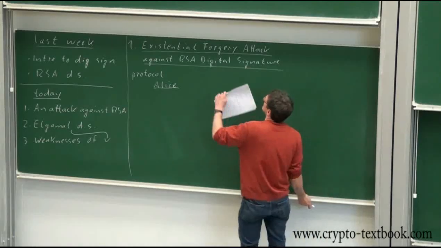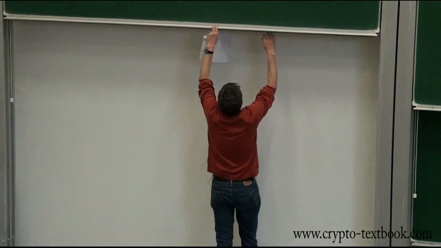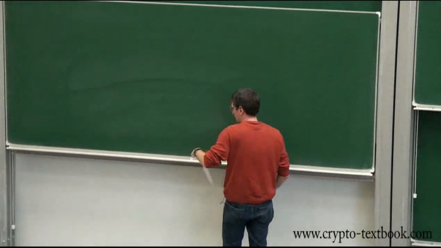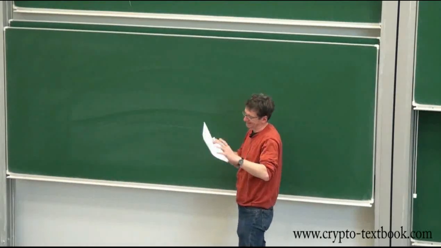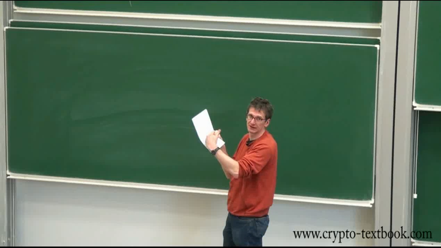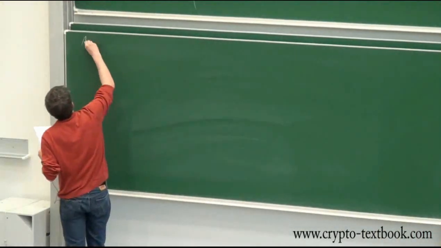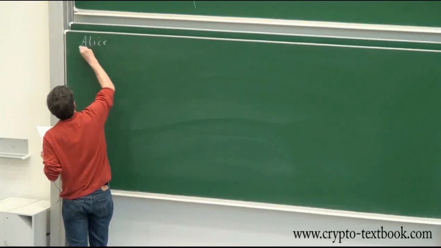I think I do that on the next board. You need at least 1/3 of a page if you're copying. If you flip over towards the end, half a page would be better. So we start with Alice